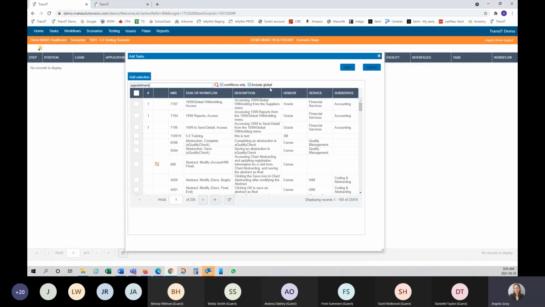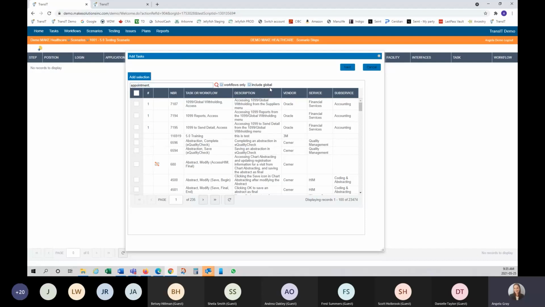What is interesting here is that when you go to select a global workflow at the time that you're adding options to a scenario, it is going to import that workflow plus any task that doesn't exist inside your organization